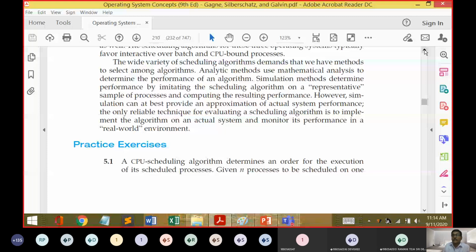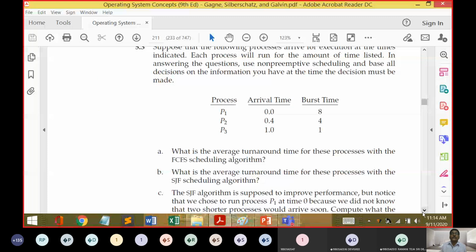And that too we will work on an example called SJF. Okay, so you can see this example here. P1 is given as 0, P2 given as 4, P3 given as 3, and the burst times are 8, 4, and 1. Let us work only on the shortest job first. And remember, there is an arrival time: 0 millisecond, 4 millisecond, and 1 millisecond. So for our convenience, we will make it 0, 4, and 1.